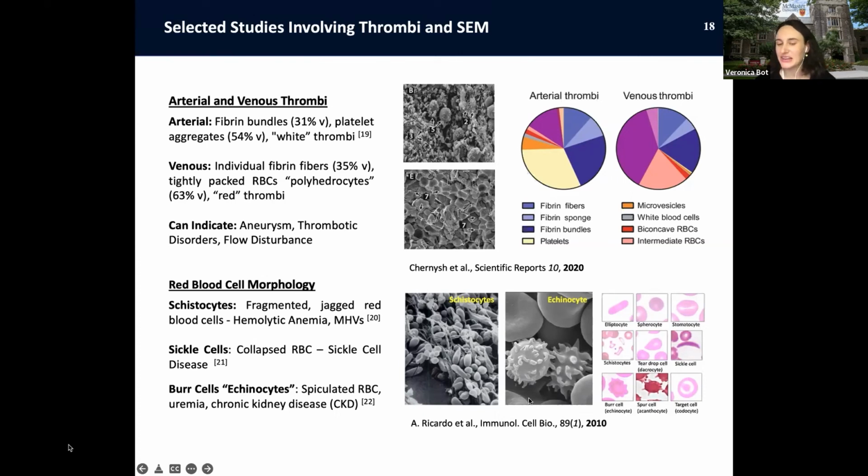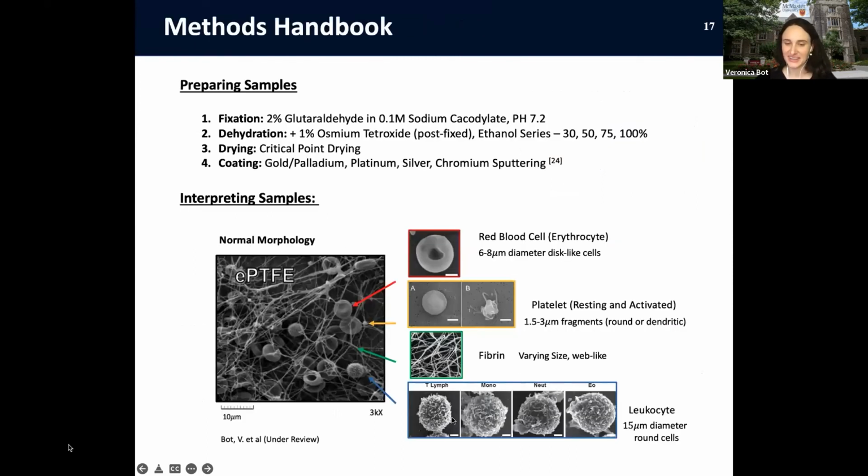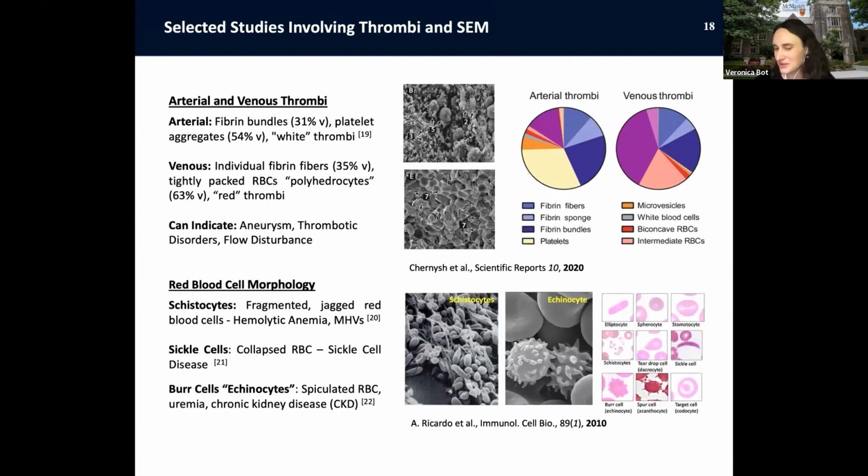I just want to point out here, this is something I struggled with. These cells in particular, echinocytes, look a lot like white blood cells. If we go back here. So you really need to study the morphology closely. And if you suspect it is an echinocyte, it is likely not a problem with the donor. It is likely a problem with your protocol. So make sure the pH of your solution is correct. Make sure the osmolarity of your solution is correct, whether that's your buffer or dilutant like HEPES. This is a very important consideration. This is a trap I fell into, so I warn you now.